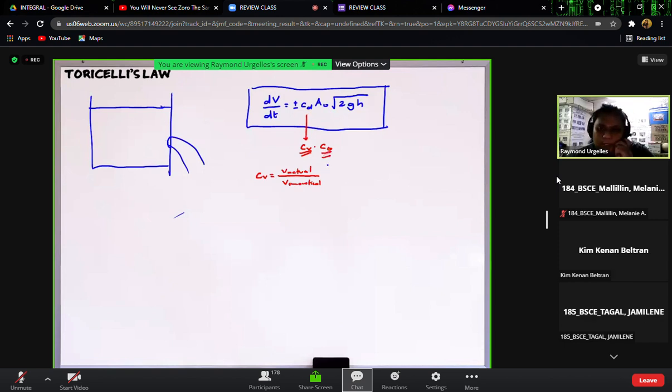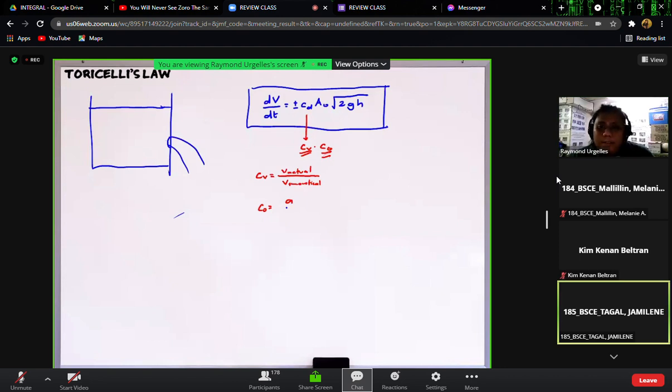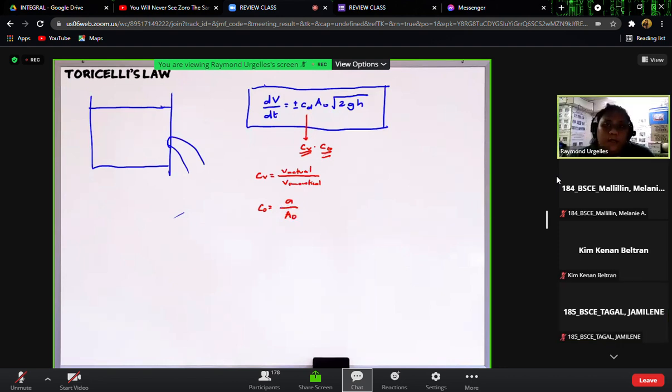Yung C sub O naman natin is the ratio between the area nung tinatawag natin as the vena contracta and the area of the orifice. Yan yung ginagamit natin para makuha natin yung actual area na kailangan natin i-consider. Yung idea kasi diyan is kung ito yung butas natin,